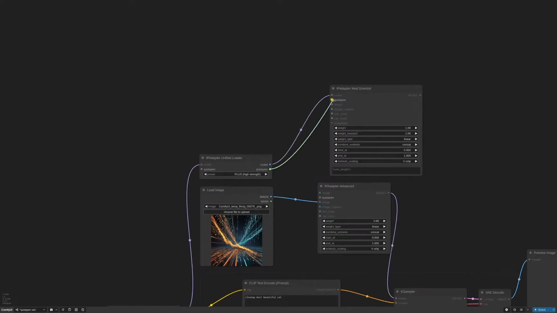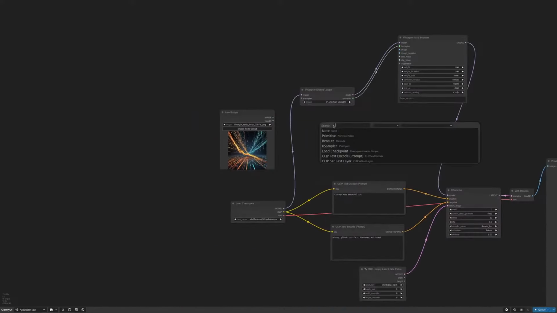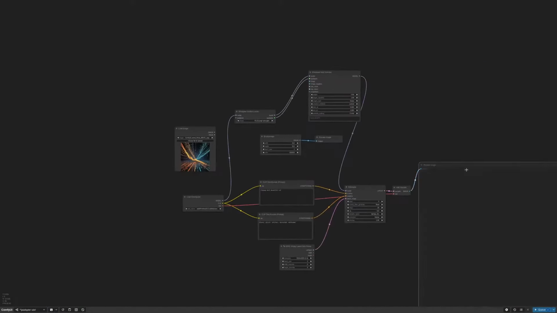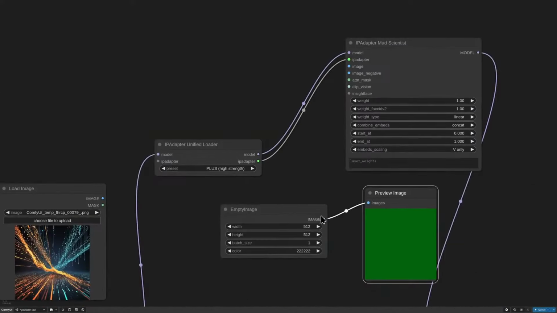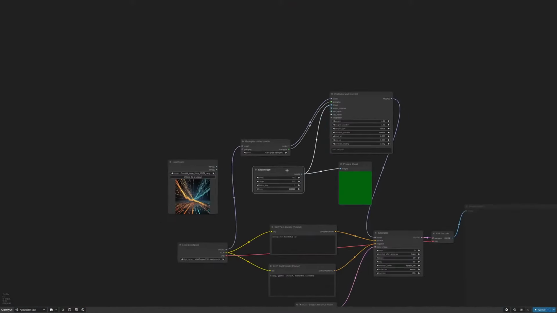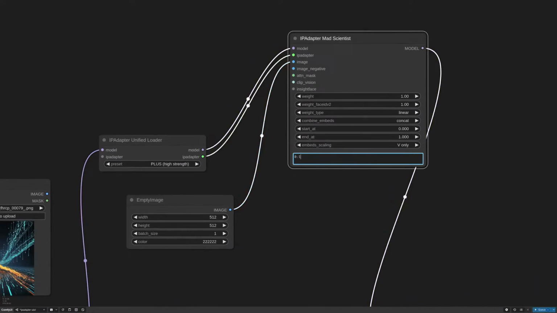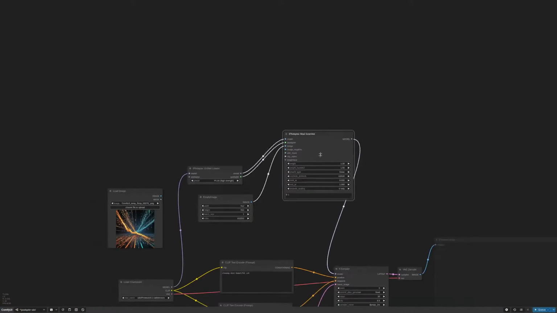For example, I can send this. For example, I can make an empty image with just green. Let me show you. This one basically just makes a green image, and I can send this as reference. Then I set linear, okay, and I send layer 0, column 1. This basically sends the green image just to the